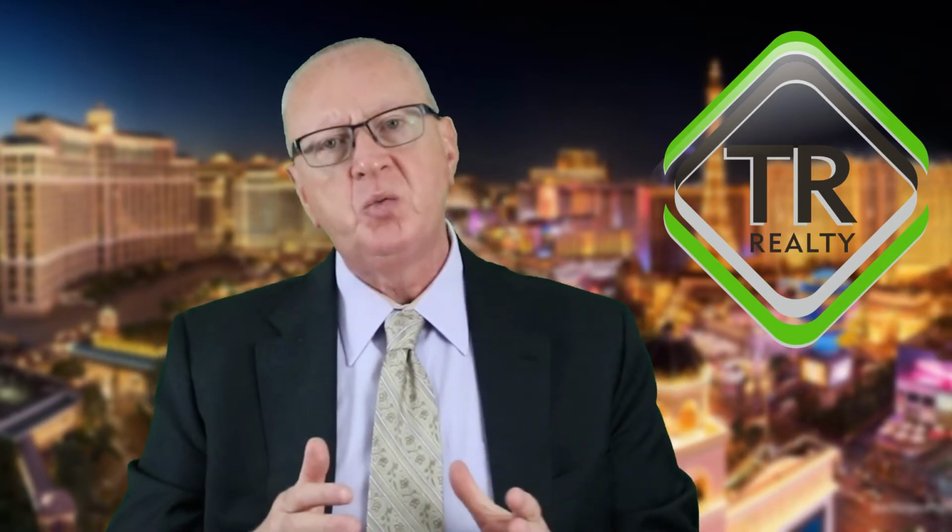And paragraph 20 talks about default. If completion of any transaction is prevented by buyer's default or with the consent of buyer, the total compensation due under this agreement shall be immediately due and payable. Buyer agrees to pay such compensation if buyer within blank calendar days after the termination of this agreement enters into an agreement to purchase any property shown to or negotiated on behalf. So this works very similar to the earlier protection period. And I'm going to recommend again here that we fill this in with